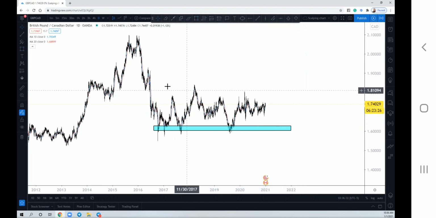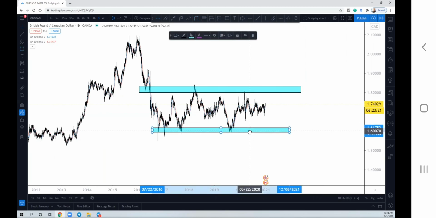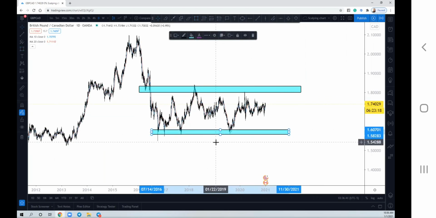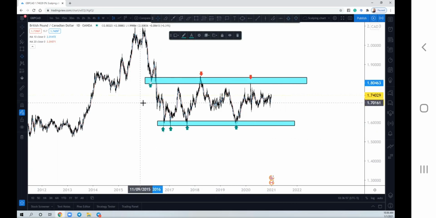How do we know this? We have multiple points of rejection at these levels. Every time price came up and down to these levels, it bounced off them, right? And I'll tell you why. It is because when banks have a certain price that they want to set orders at, they place these orders at these levels. So once price reaches here, let's say banks place